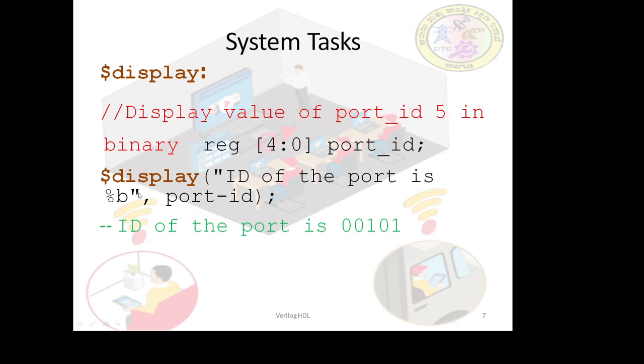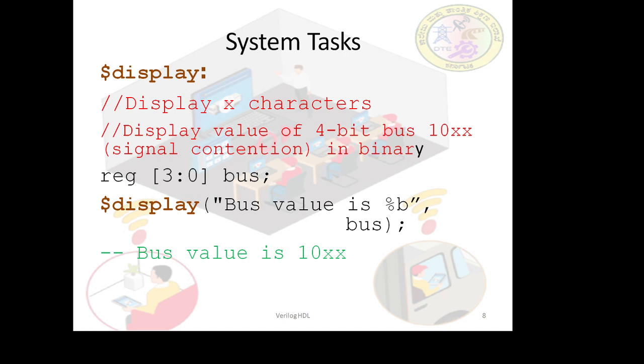Then close the double quotes, comma, and then the parameter we have used. As we have used a parameter port underscore, it should be underscore ID. So this is the parameter we have used. And then the next parameter we have here is the dollar, wherein we can display X characters, that is